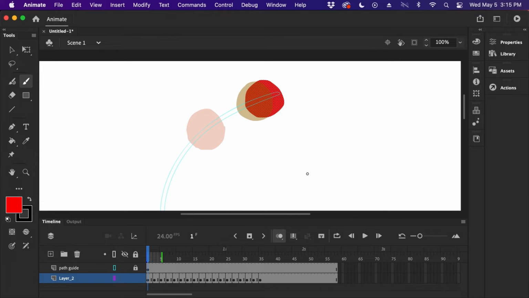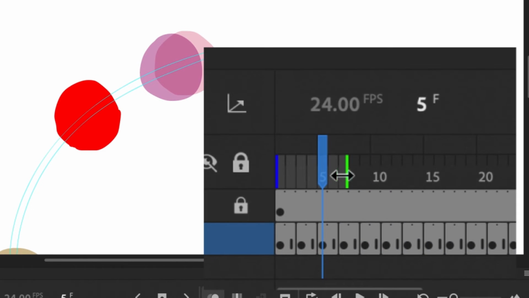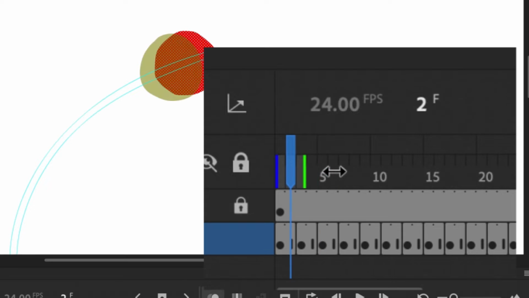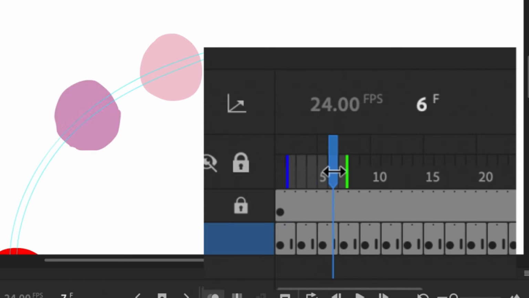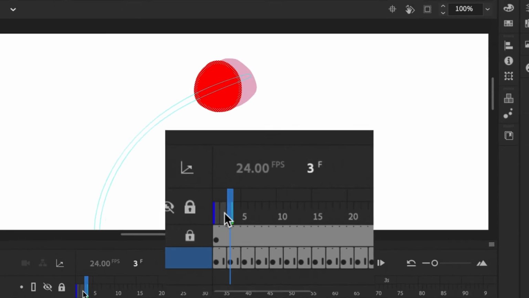Here, as you can see, I have my onion skin turned on, and what you see here is the frames after. This one is the frames before. We don't really need the frames after, so I could just adjust my onion skin so that it's like that. So we could only see just the frames before it, not after.